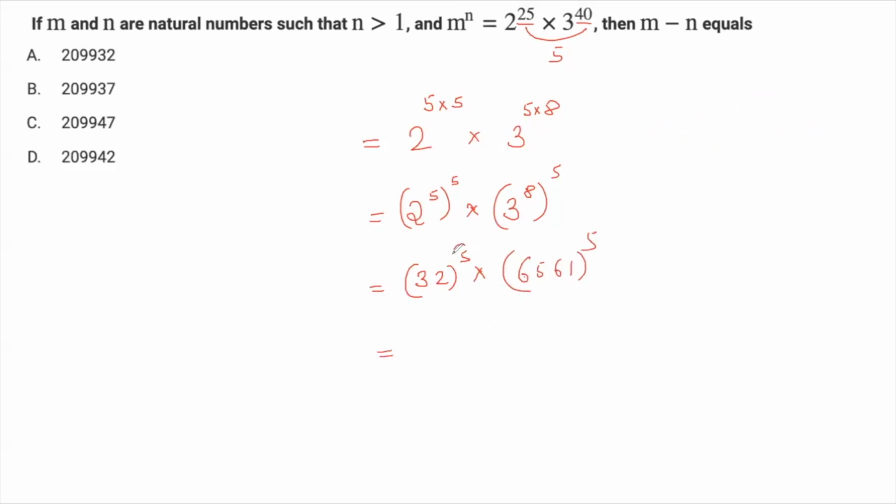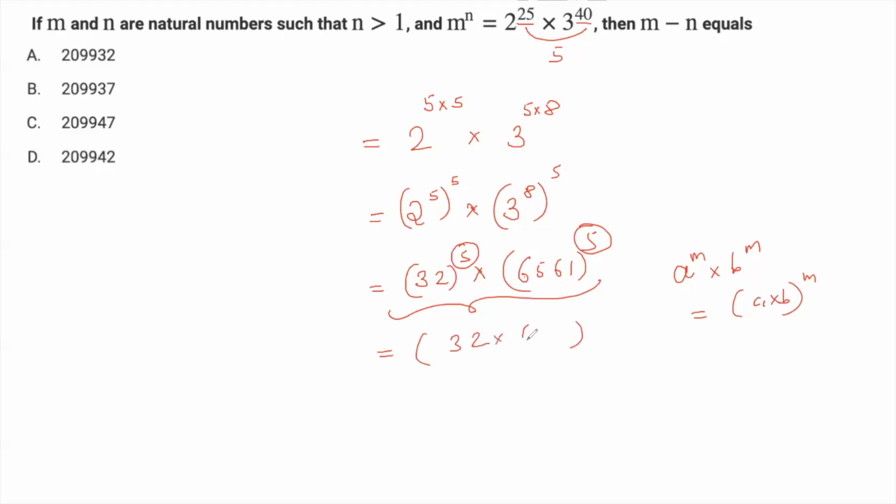The next step is we have made the powers same. Now we can use the next law of indices. A raised to m into b raised to m will be a into b the whole raised to m. So this 32 raised to 5 into 6561 raised to 5 can be written as 32 into 6561 the whole raised to 5. Bingo. We just need one step and we have our answer before our eyes. We need to multiply 32 and 6561. You can use the actual on-screen calculator for this. It will be